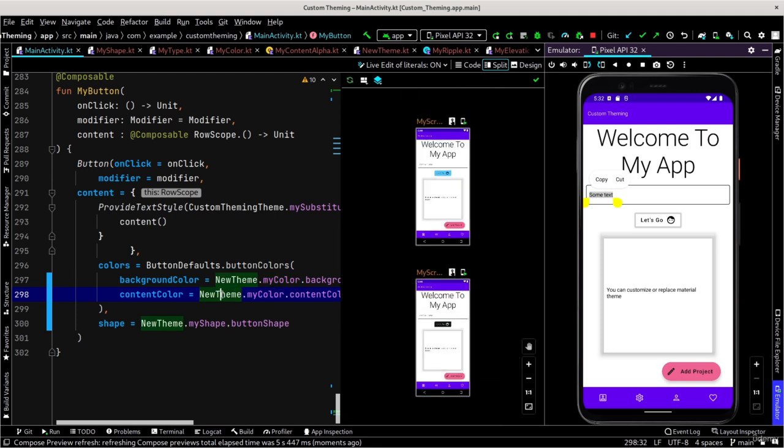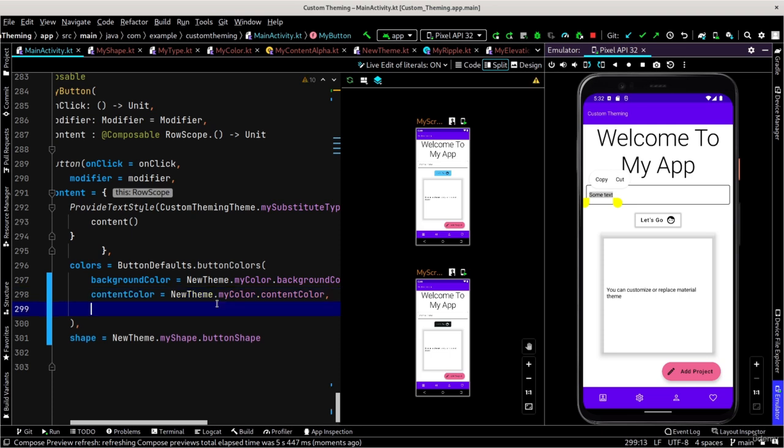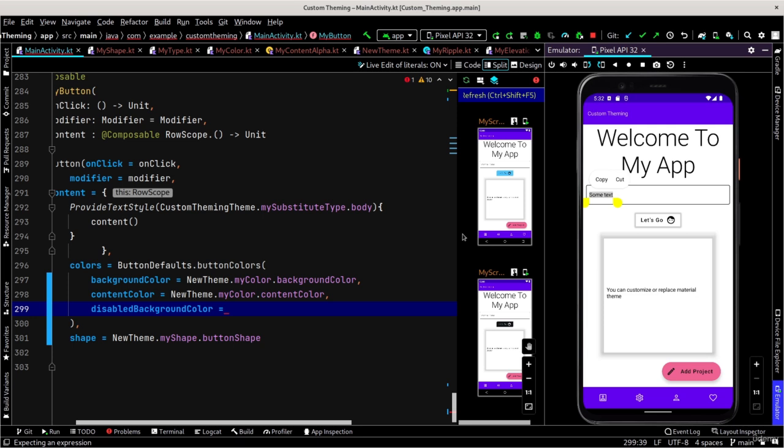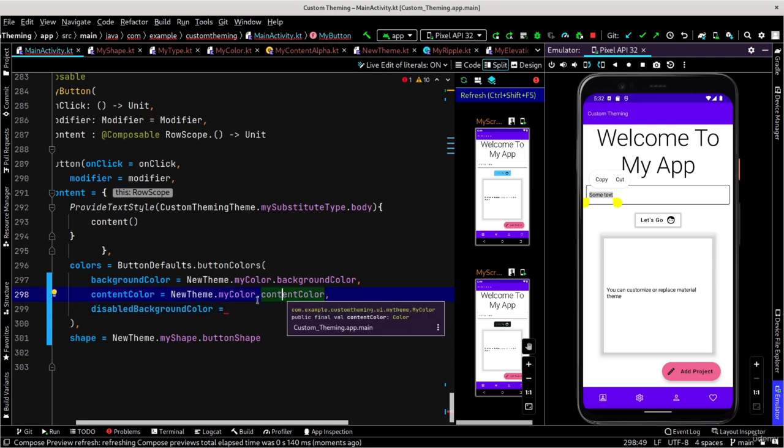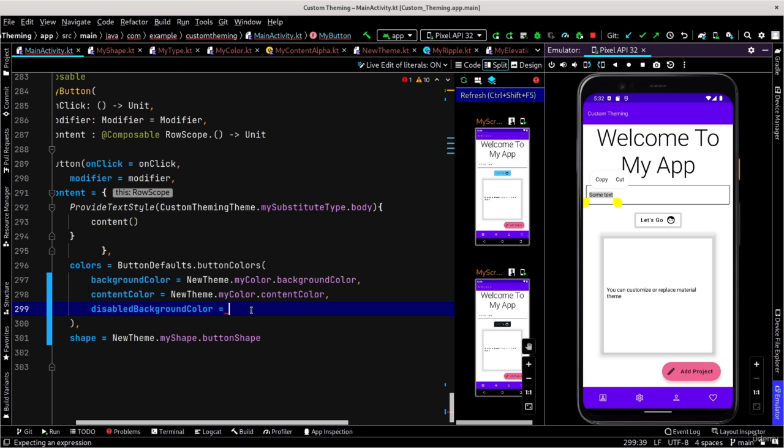Okay, what about the disabled colors? In the colors section, disabled content color, let's specify them. Let's use the disabled background color, and for this we are gonna use this background color. In fact, we're gonna use the content color and we are gonna compose it on the background color. So